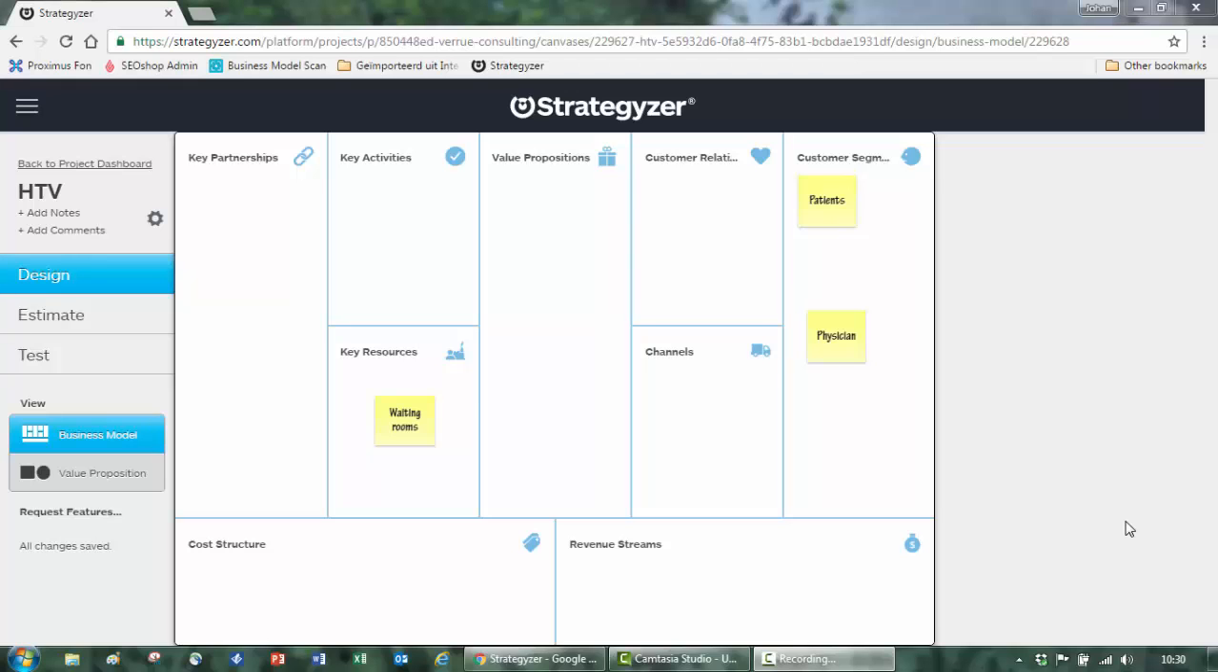Let me illustrate the use of the value proposition canvas. We first start with the business model canvas, where we can find two customer segments: patients and the physician, and one key resource, the waiting room or the waiting rooms. So the problem we want to investigate is the waiting time of patients in the waiting room at the physicians